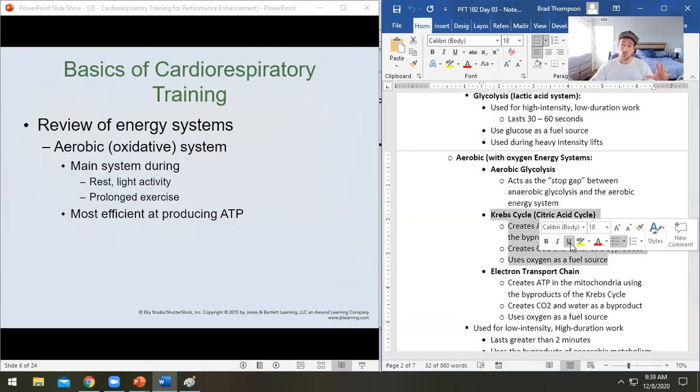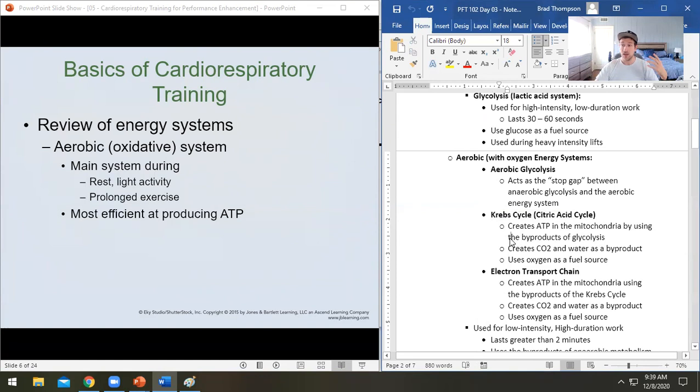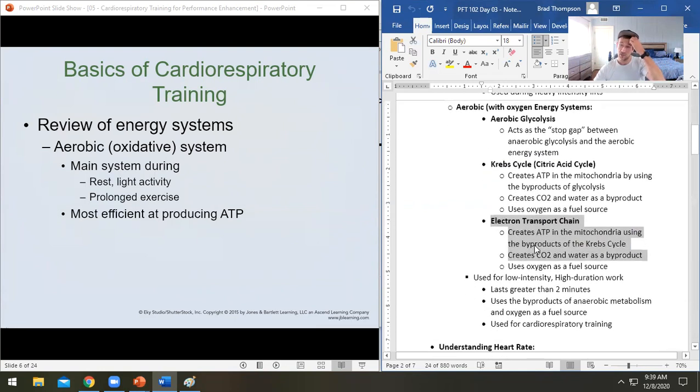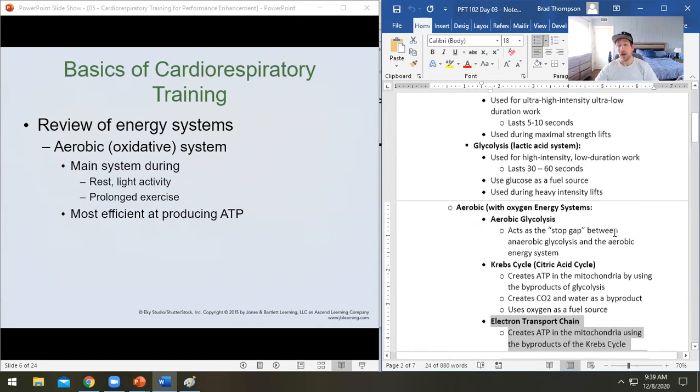Once you add lactic acid plus oxygen into the mitochondria, that's going to spit off a little bit more ATP, but you're also going to get a whole bunch of NAD and FAD, these little high energy molecules. NAD and FAD are going to add even more oxygen, and they're going to go through the electron transport chain to produce a whopping 32 ATP, which, by the way,